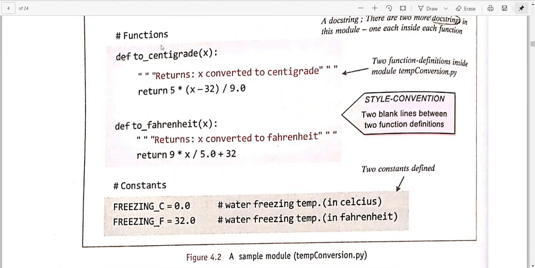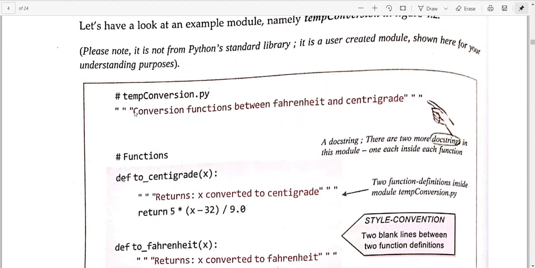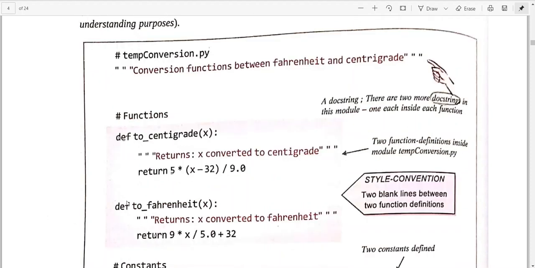So functions we can add here. Firstly, you are naming a particular module, this is the name of your module, temp conversion.py. Then functions can be added to it, where def is to define a function. To centigrade means this particular module will help you convert temperatures from Fahrenheit to centigrade and from centigrade to Fahrenheit.